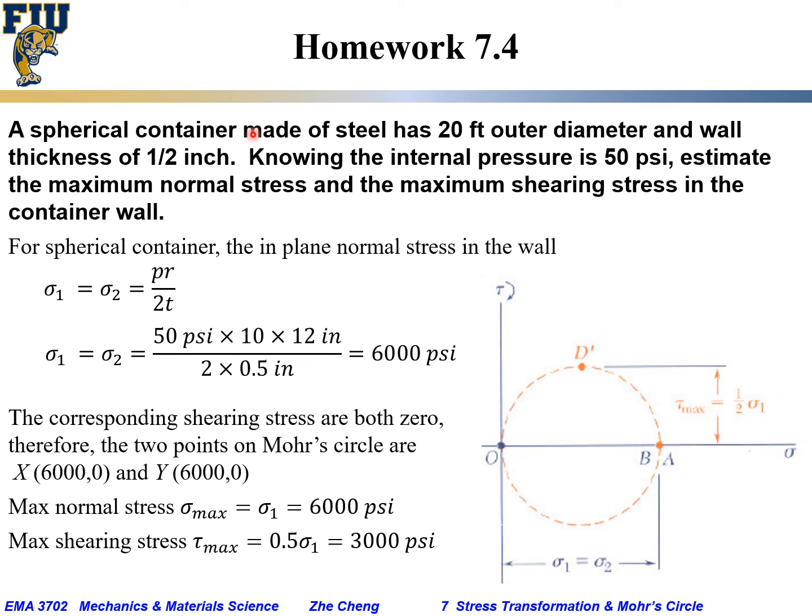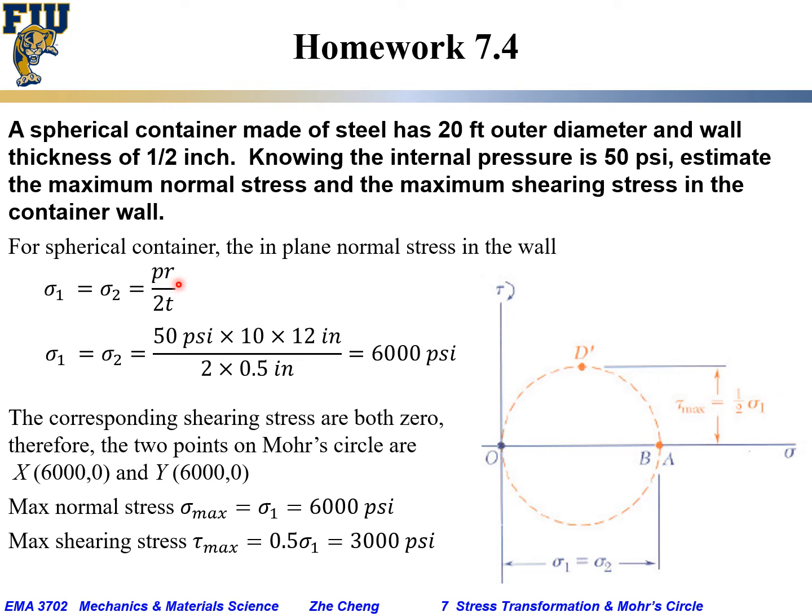Okay, the spherical container, 20 feet diameter or 10 feet radius, wall thickness ½ inch, internal pressure 50 psi. We want to know the maximum normal and maximum shearing stress in the container wall. So from what we learned before, for a spherical container, the in-plane normal stresses in the wall, sigma 1 and sigma 2, are the same. It would be PR over 2T. P is internal